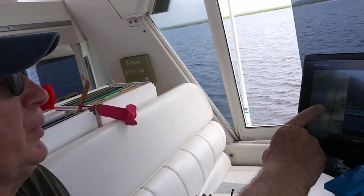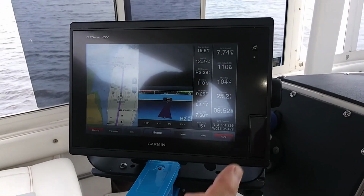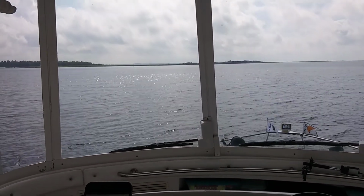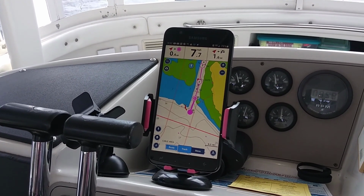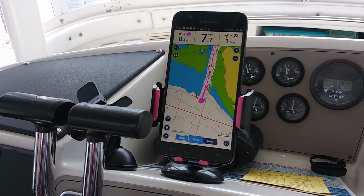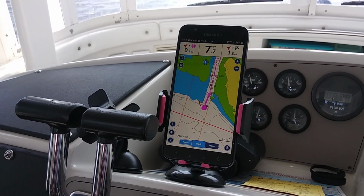So we're going to go through it, and you'll see up here we'll be making a turn to the port. And you can start to see some of the markers out there. There's a red marker out that way. We'll be leaving that to our port. Also, on this plotter here, the Navionics on our Verizon phone, we have the backup route on there. That is a Bob 423 track that we have studied,